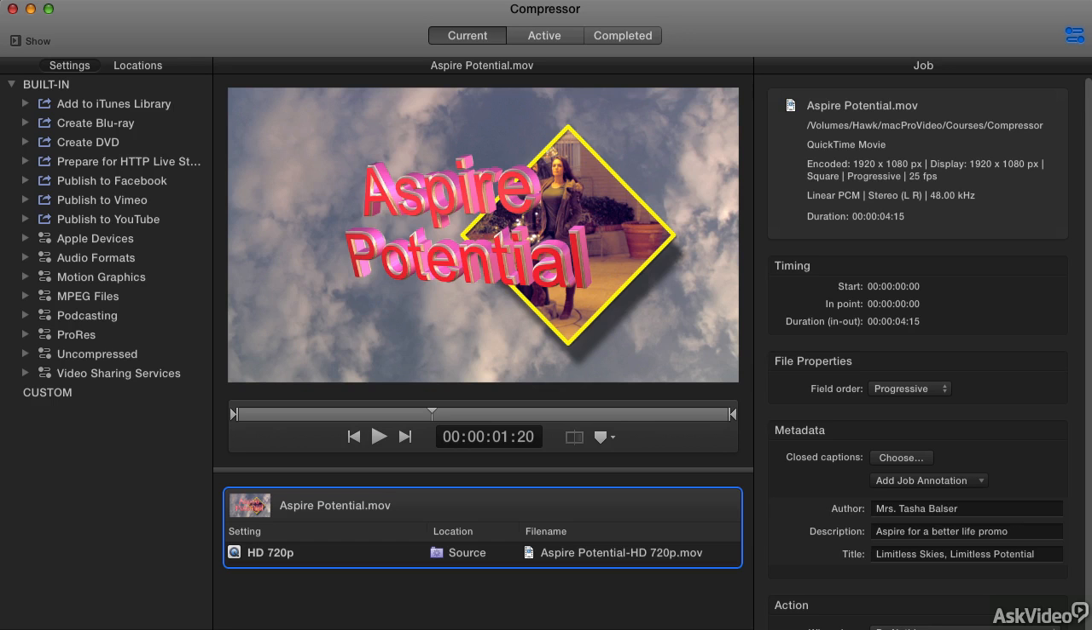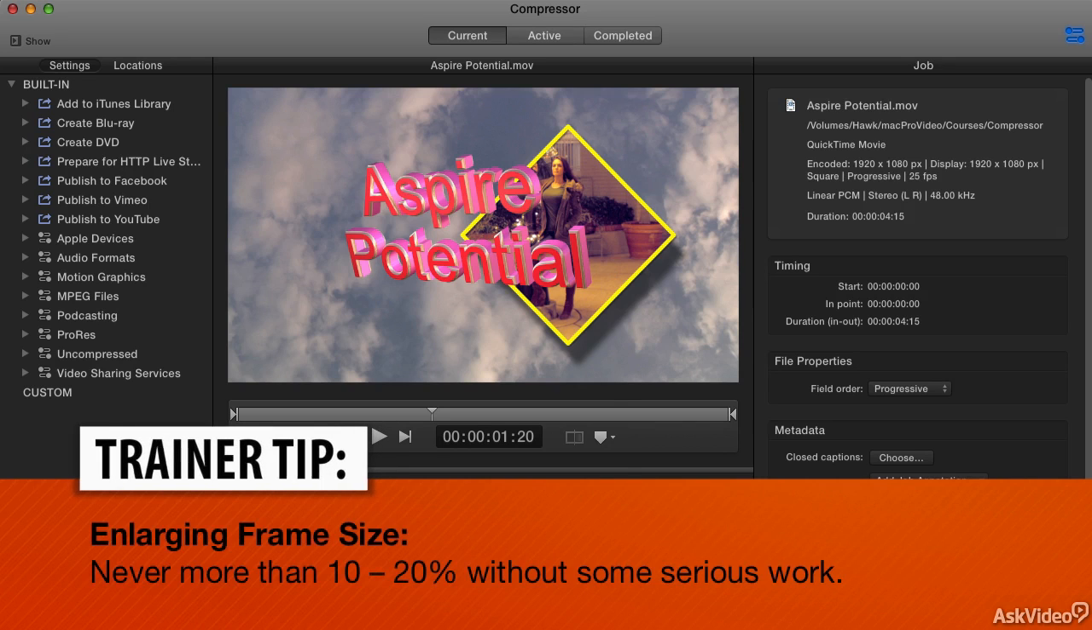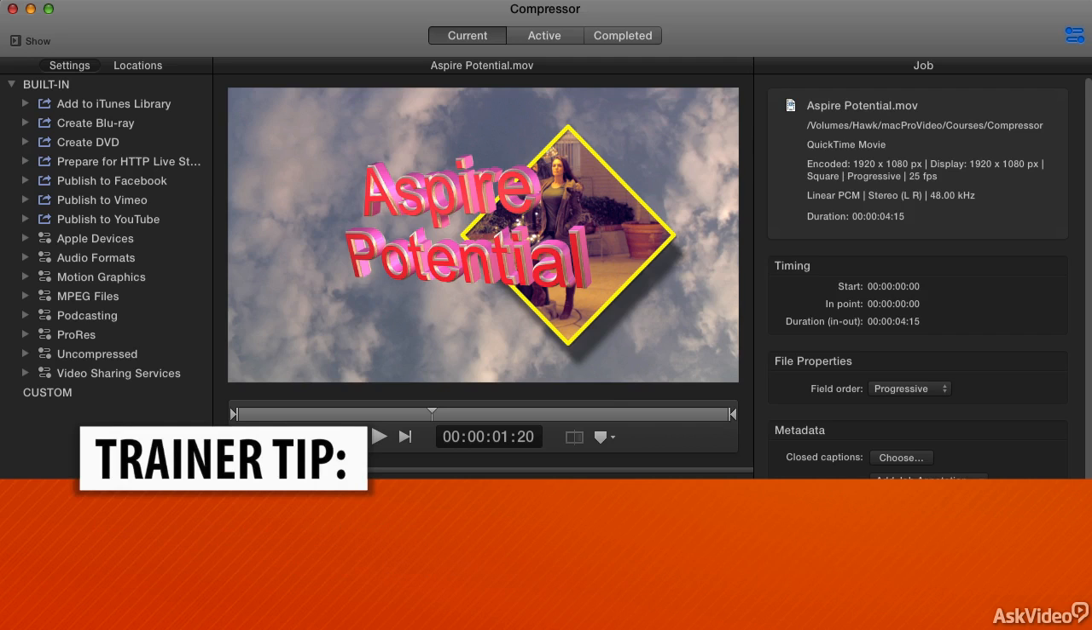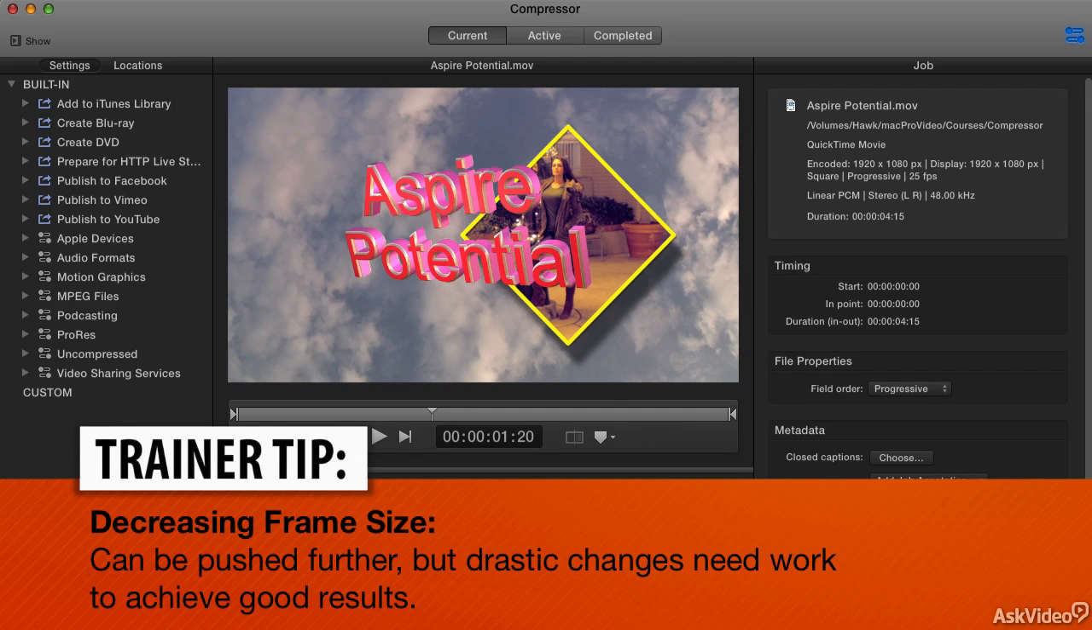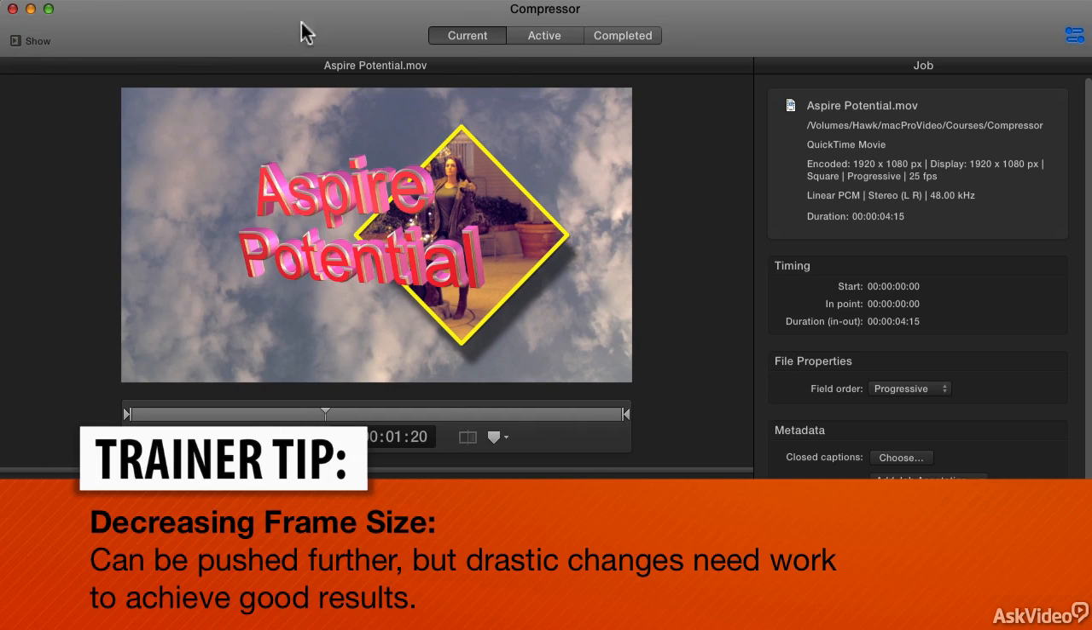Changing frame size involves not just specifying the size, but what methods are used to increase or decrease the video image. Two rules of thumb to remember. Enlarging a video frame size more than about 15 to 20% will probably start to introduce noticeable image quality loss. And decreasing an image size by a drastic amount runs the same danger, but reducing size is usually much safer